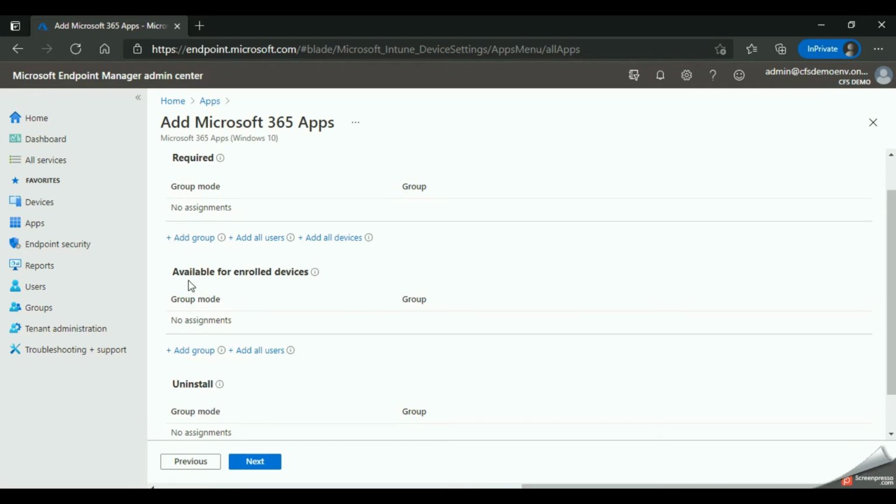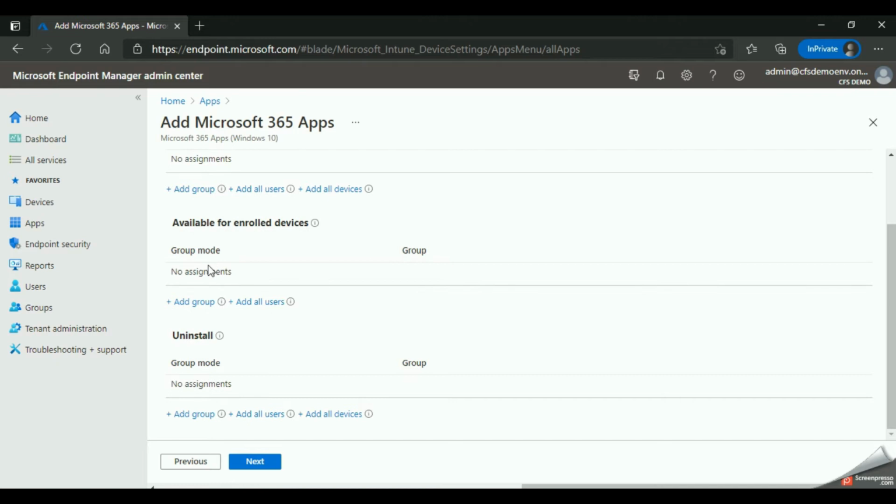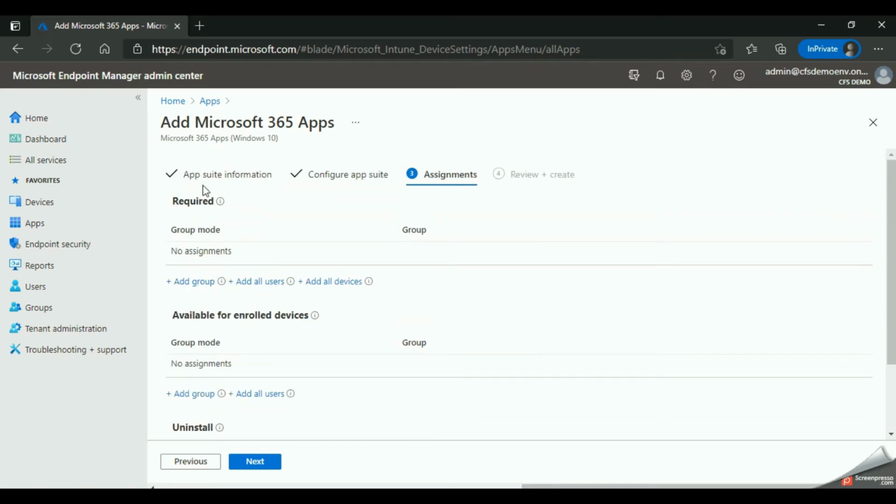And now we have the other options called available for enrolled devices, and any groups or individuals assigned over here, for them the apps will be available, and then they can go ahead and deploy those apps on their own. But since we want these apps to be deployed automatically on the devices, we will add the users or the groups in the required